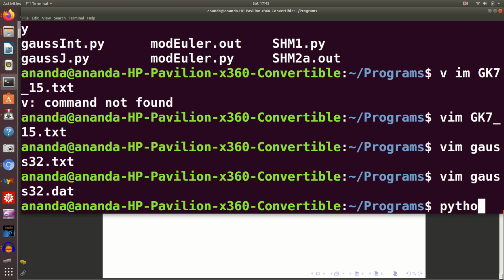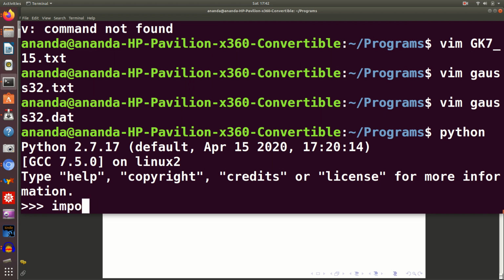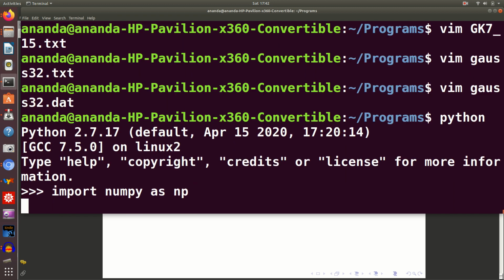Now let's start Python and import numpy as np. Okay. And now that I've imported numpy as np, I will try to integrate a function. Let's say, I'm using lambda to define the function. So x maps to, let's say, x to the power 100. So since we are doing